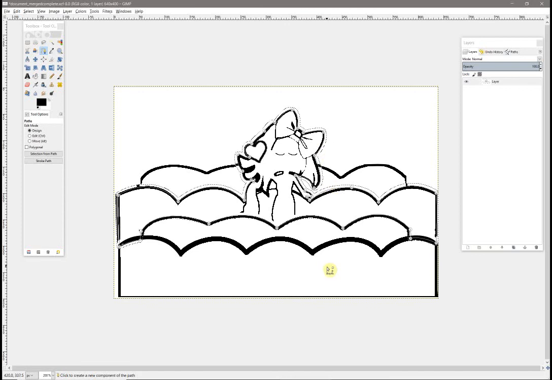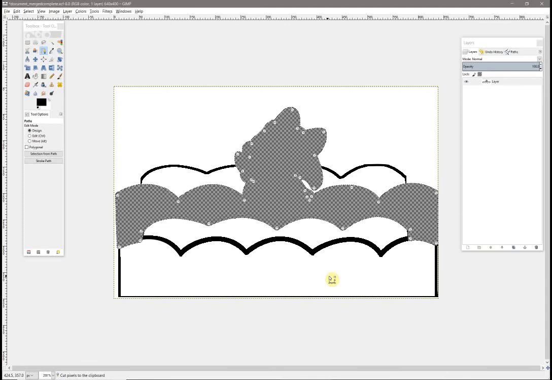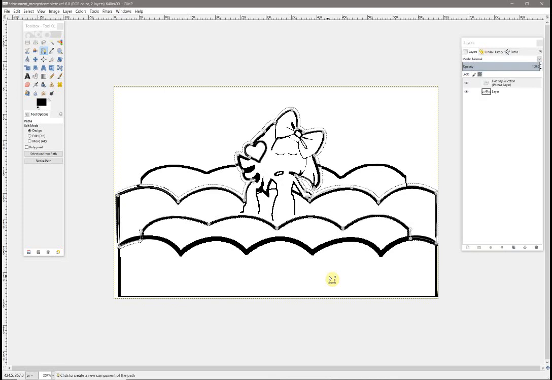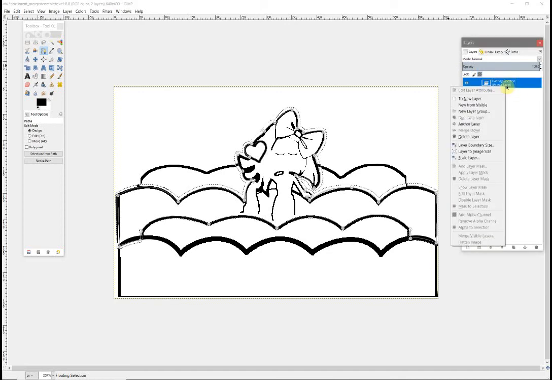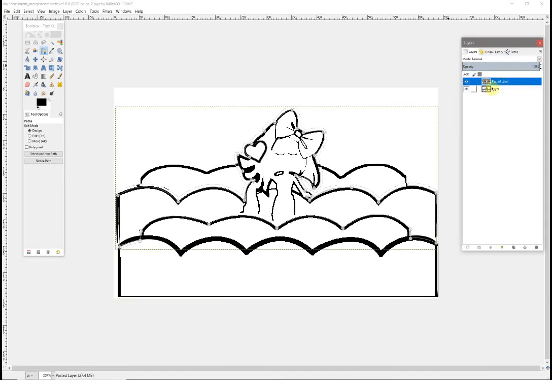Now I'm going to cut my middle ground out and put it in its own separate layer. So to cut, I can choose Control X on my keyboard. I hold down Control X at the same time and it cuts it, and then I click Control V to paste it in a floating selection layer. A floating selection layer is kind of locked until I right click it and choose to new layer. It's important for me to go ahead right now, double click my pasted layer and call it